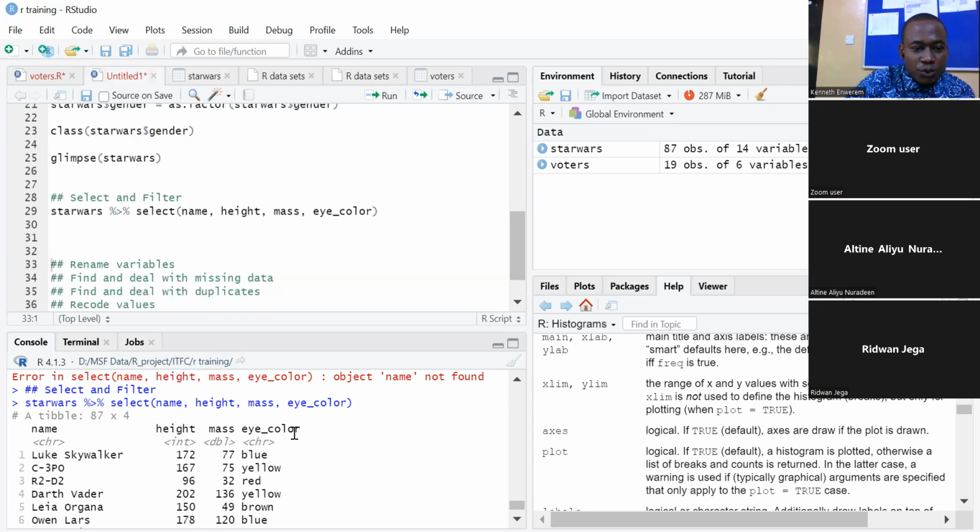So that's one of the ways you use the select function in R, to select a few variables that you want to work on at each particular point in time. Now, you can also use select to rearrange the order in which your variables are in your data set. For example,